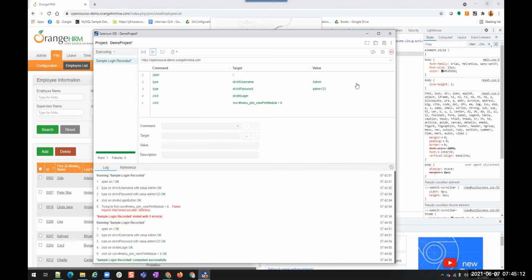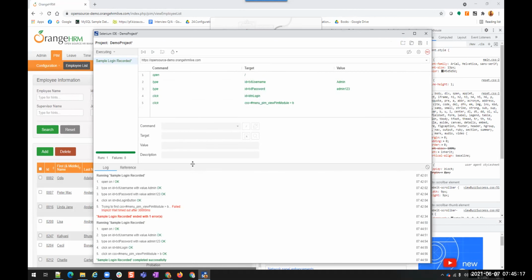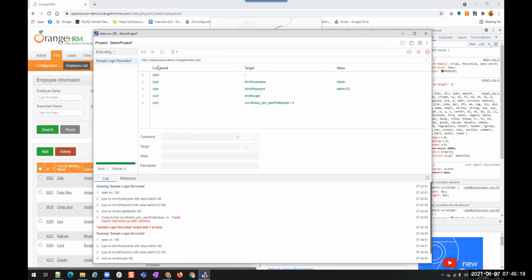And now let us see a little more information about this Selenium IDE. So you got this, right? How to record and how to playback basic operations. Once you get that, then we can see what are the things that are available in this IDE project. What is this executing window? What is reference? All these things we'll see now. You understood the basic operation of the Selenium IDE, right? Record and playback.